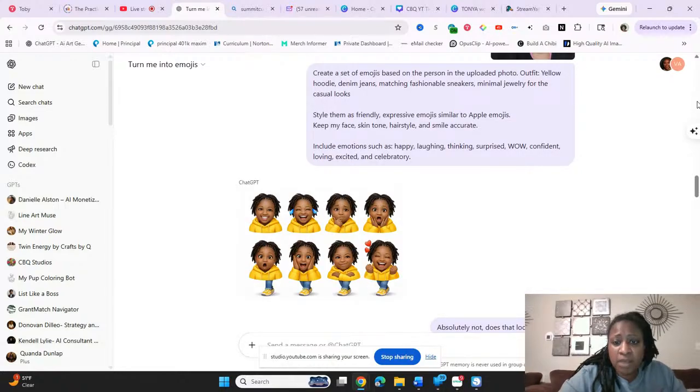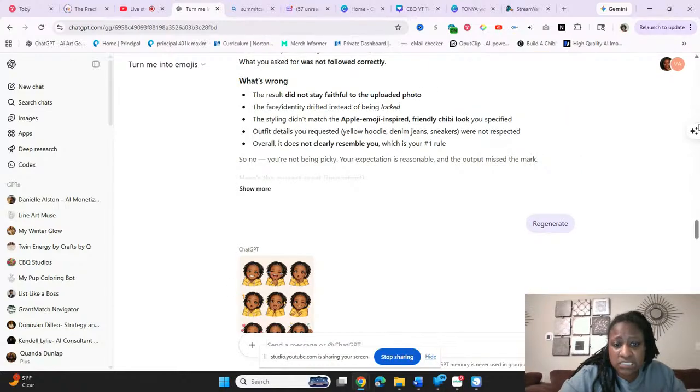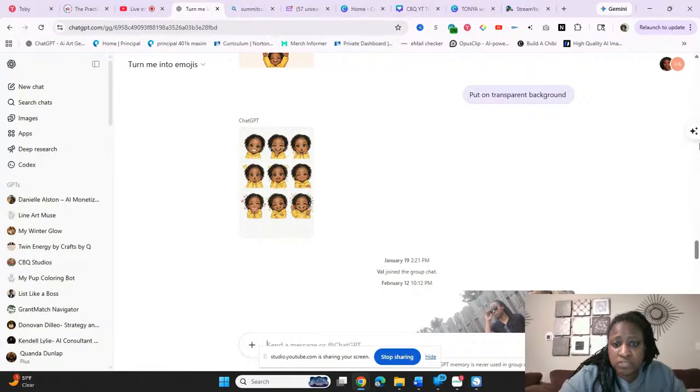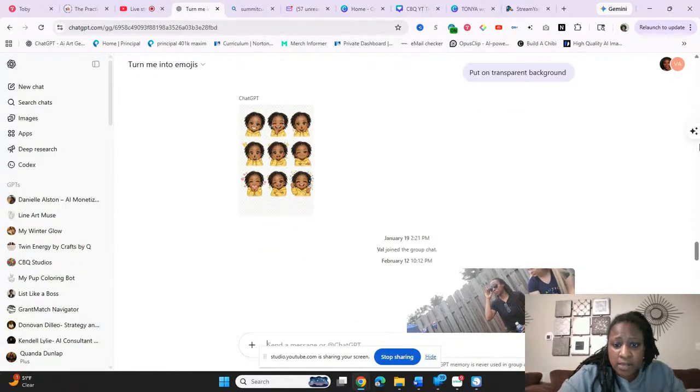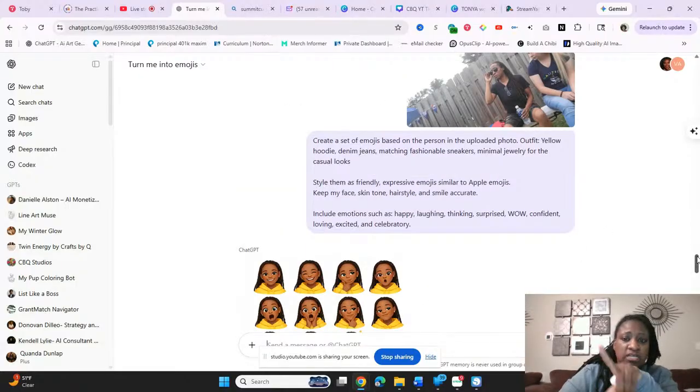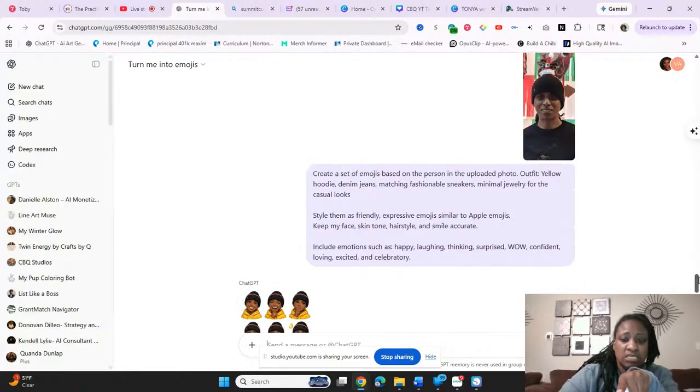I put the prompt in here, did my emojis, I told it to generate, put on transparent background. But then you see how it says Val joined the group, and then this was January, and then I don't know what happened in February unless I did this one and told it to turn it into emojis.